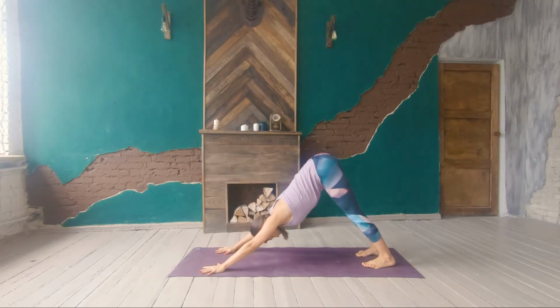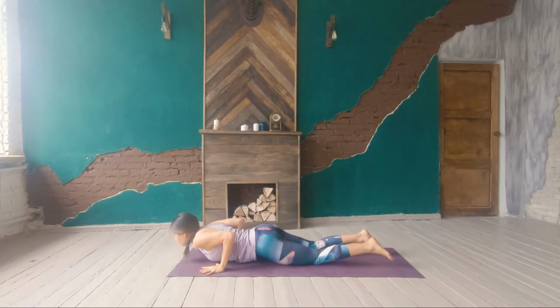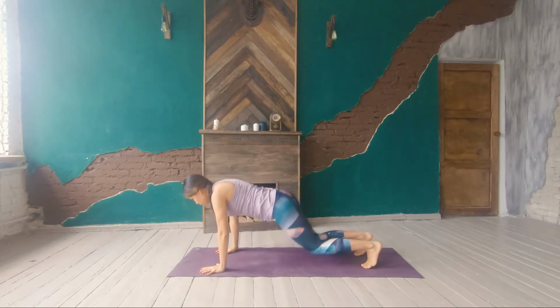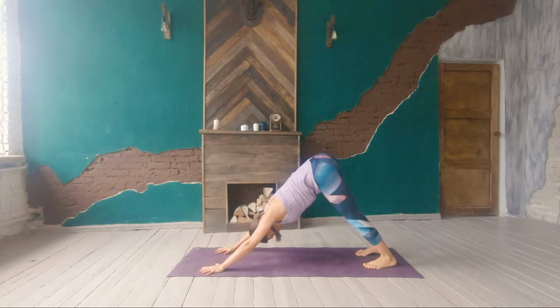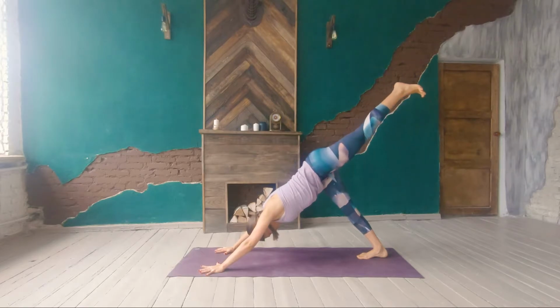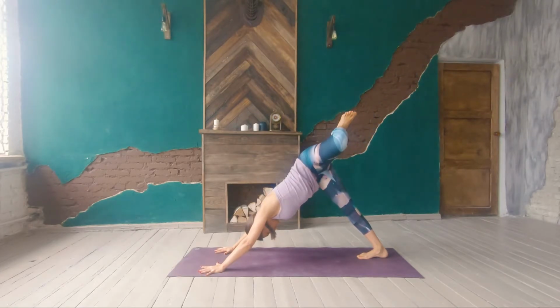Drop your knees down, chest, chin down, elbows close. Inhale, pull the floor, cobra. Exhale, back into downward facing dog. Reach your left leg up, inhale. As you exhale, move your left knee, rotate it to the side, just like we did in the